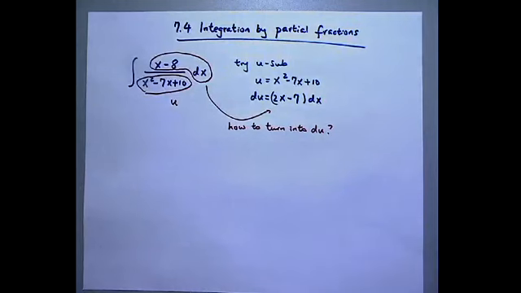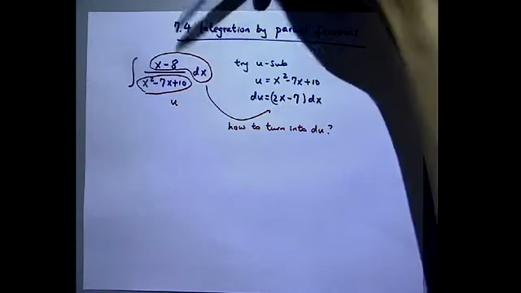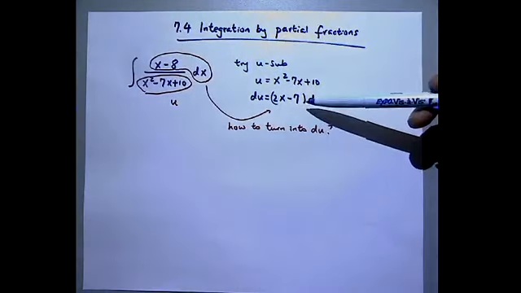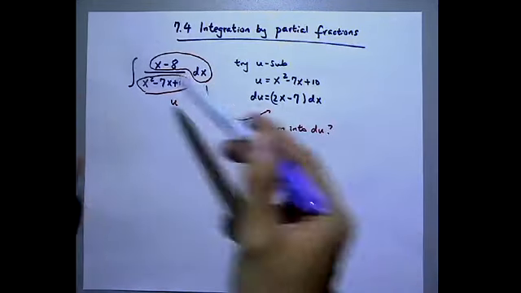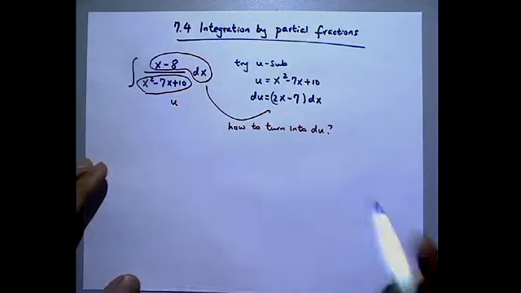We probably could do it, but it's not a very straightforward thing to do. It's quite complicated, as you can see. I need 2x minus 7, but all I got is x minus 8. How do I turn x minus 8 into 2x minus 7? I can't just multiply by 2, because then I'm still off by one number somehow. So that's not easy to do. However,